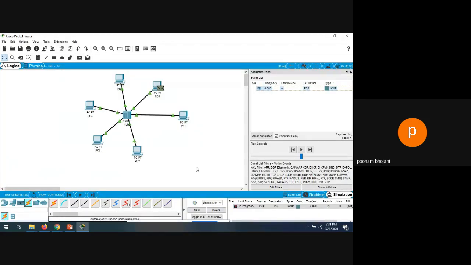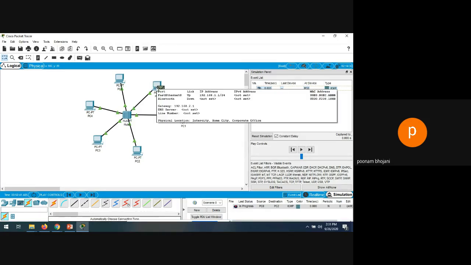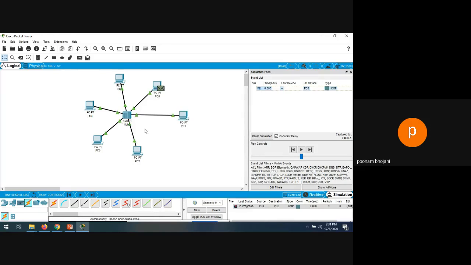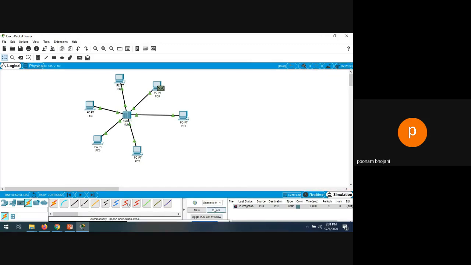Now, Arafat is asking about the addressing part. As you know, in this communication, an address is very much required. Whenever you want to transmit data through the network, the network is using a logical address. Logical means IP address. So all the devices must have IP addresses, so that the switch will come to know where the data is coming from and where the data should be transmitted. That is very much important. That's why we are assigning IP addresses to every device we are connecting.